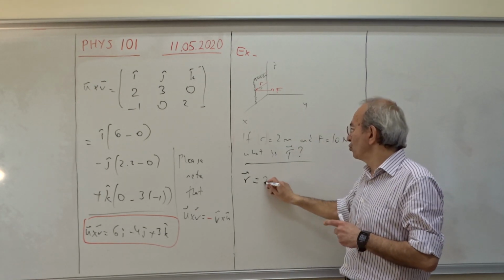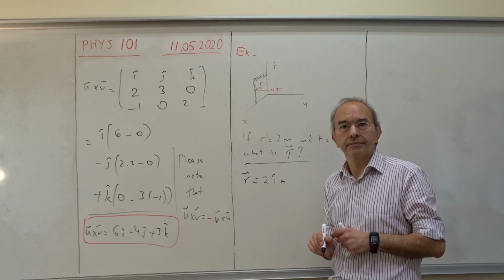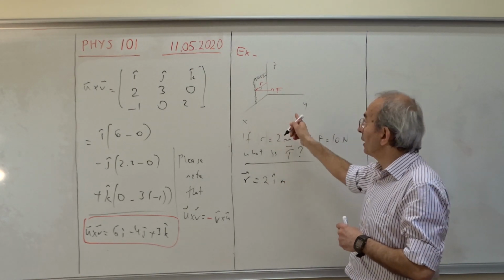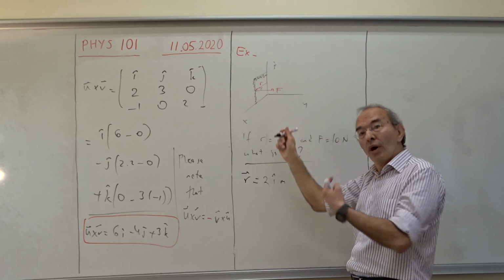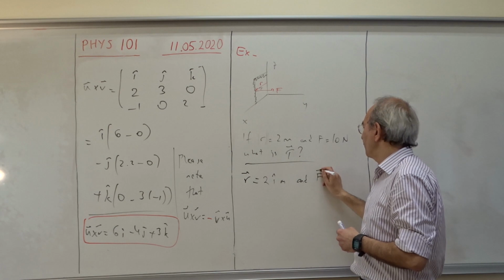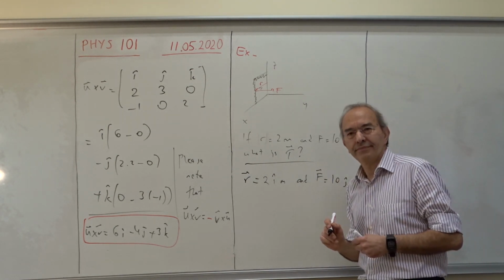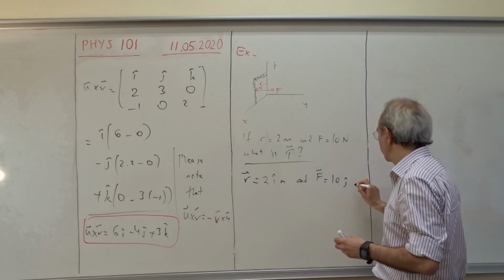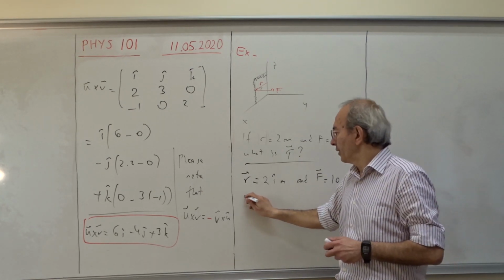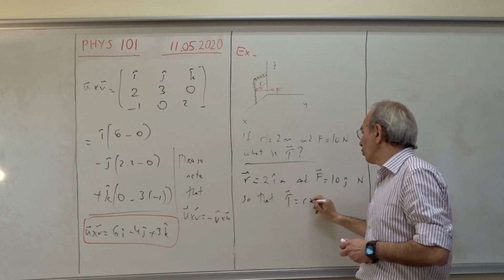So r vector is 2i meters. And F similarly points in the y direction, and F is 10, so 10j newtons. So that tau, which is r cross F,